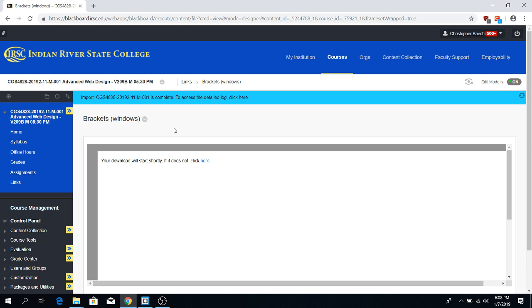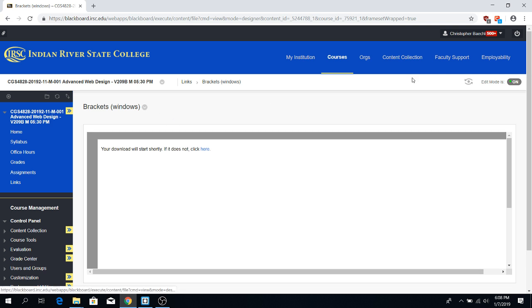So let's do this. Does everyone have a text editor that they like or they don't know how to get a hold of? If you don't, I would say the default preference would be a text editor called Brackets. So if you go in the course under links,